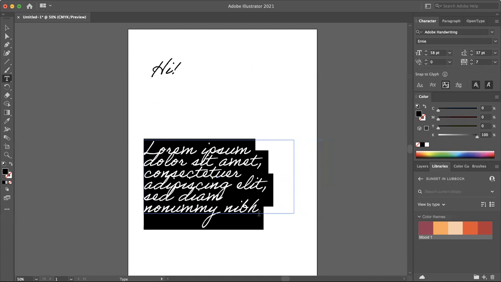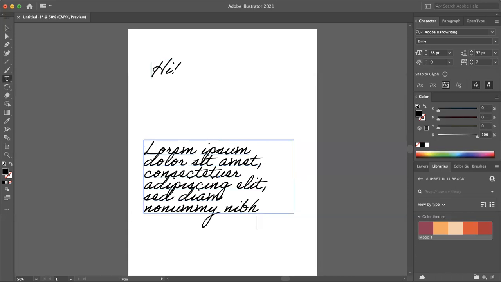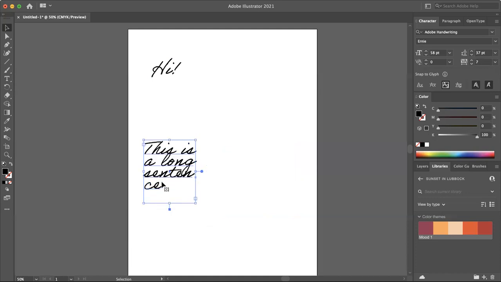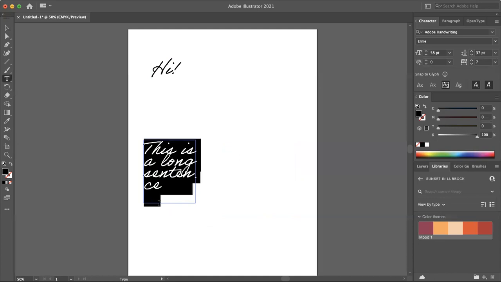So if you have text that's longer than this box, you won't be able to see it. In fact, let me show you what that would look like. This is a sentence. And don't worry if your font doesn't look like mine right now. It's because I've been playing in here. So as you can see, you can't see my last word here. So it actually gives me this little plus sign, which we will talk more about in InDesign and what that actually does. As you can see also, it broke up my last sentence here, or my last word, which is sentence.